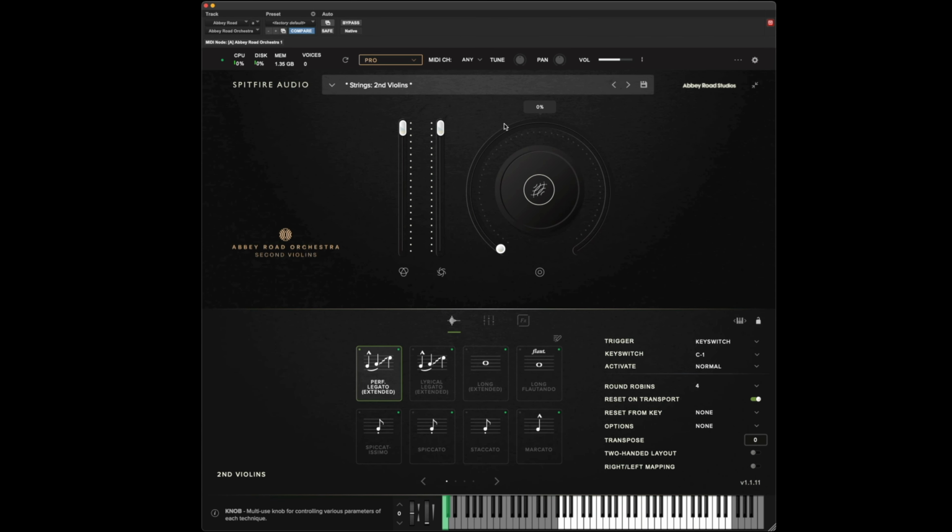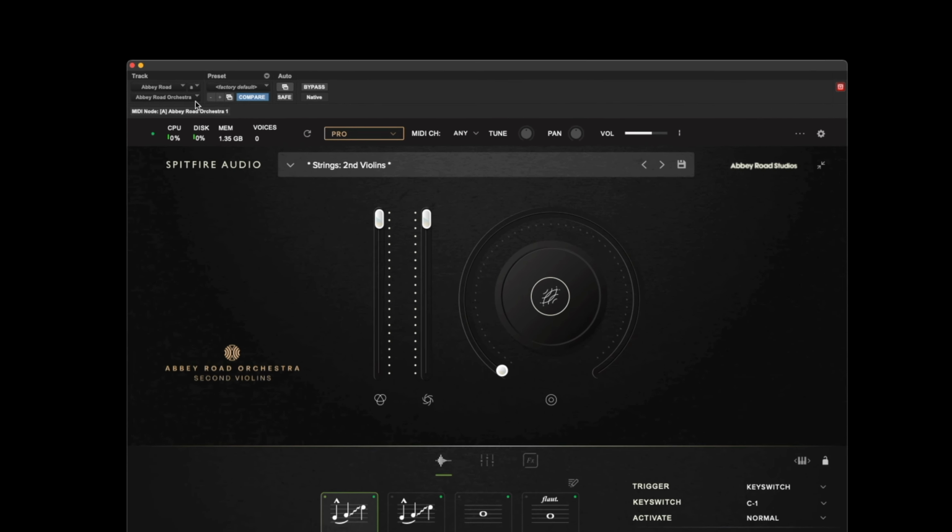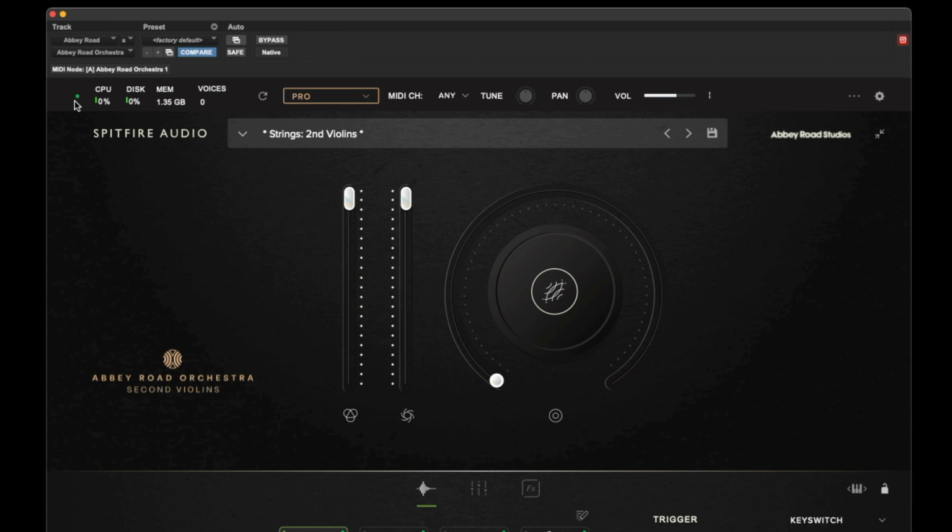In this video, I'm going to demonstrate the user interface controls that can be found on the Abbey Road Orchestra plugin, and in particular the string section. Starting in the top left-hand corner, we have the LED light, which is an indication as to whether your samples are still preloading into the memory of your machine. Wait for this to be solid green before you hit play in your DAW or you try and trigger any